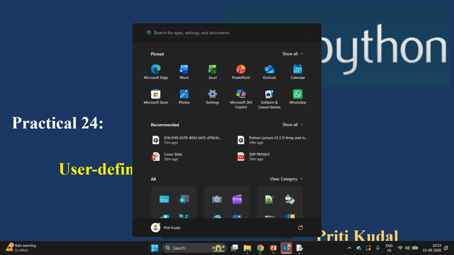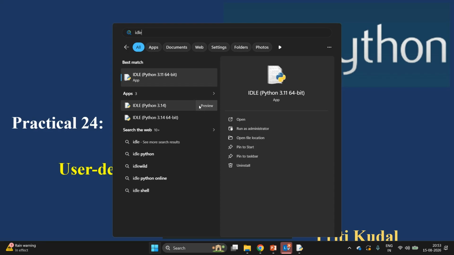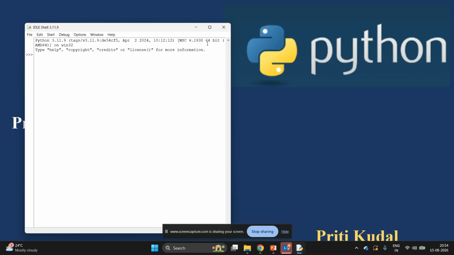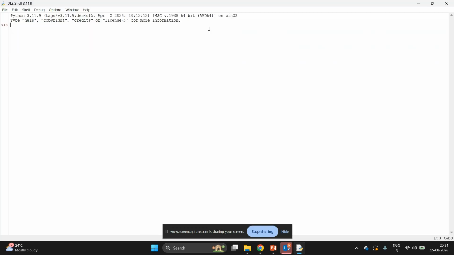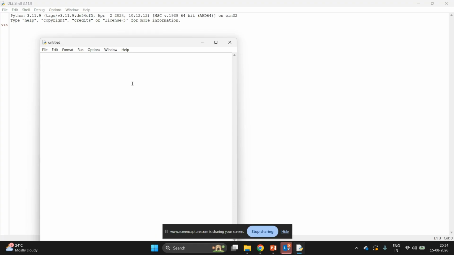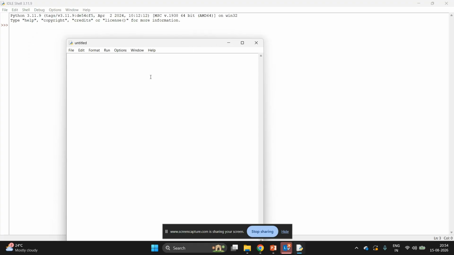For that, I am going to use IDLE, the Integrated Development and Learning Environment of Python. Instead of a black and white command line user interface shell, we will be using this graphical user interface environment for Python programming and execution. This graphical user interface environment will allow us to create a new file. This will be our Python file. This separate Python file is known as a module.